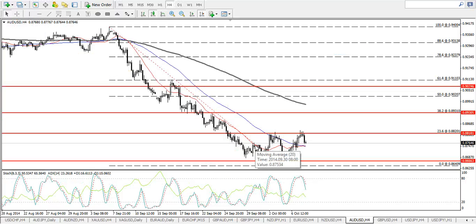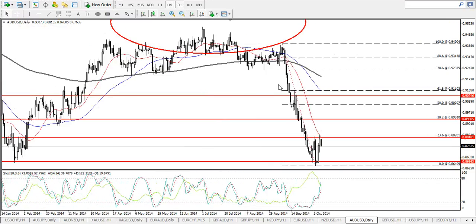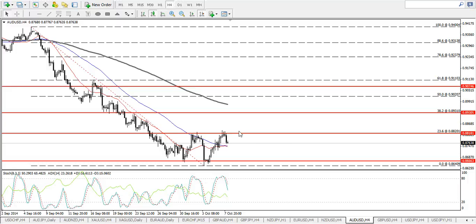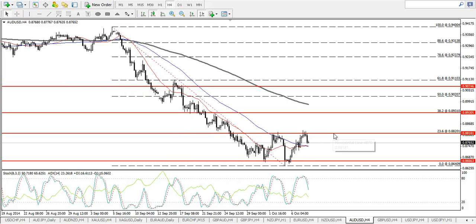Next we will have the Aussie against the US dollar. So what we can see here is that price has reached a bottom. It rebounded, or rather made a retracement, came out, hit the resistance level of 0.8820, which is at the Fibonacci retracement level of 23.6%. And then it came down, got rebounded again, and right now we are seeing price being resisted at the same level of 0.8820, with a reversal candle as well, confirmation being formed, at the retracement level of 23.6%. So if it falls, I do believe that it might fall pretty strongly in a way,